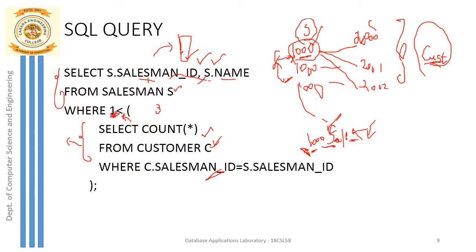That particular salesman has more than one customer. That's all. So what you have to do, first you retrieve each salesman from the salesman table, and for that each salesman you just come to the customer table and count the number of rows. Suppose I have my first salesman here, that is with ID 1000, and for that salesman you just come to the customer table and check the number of rows.